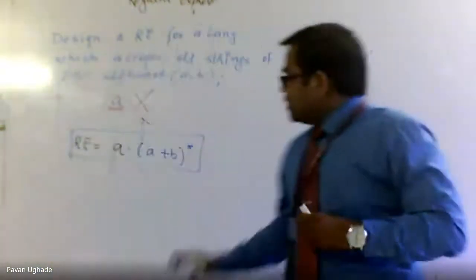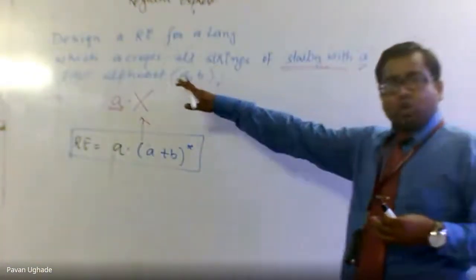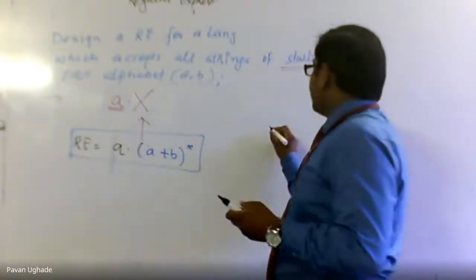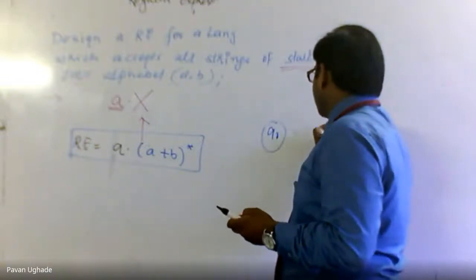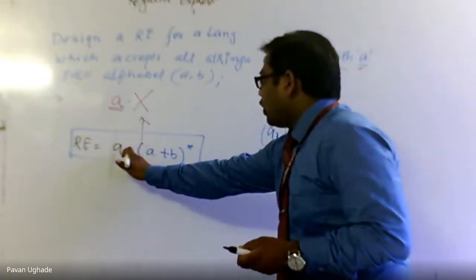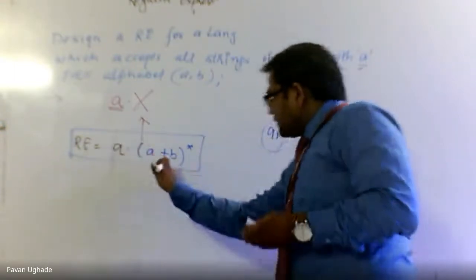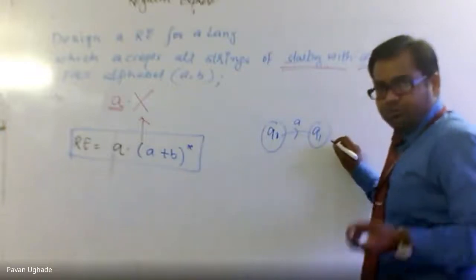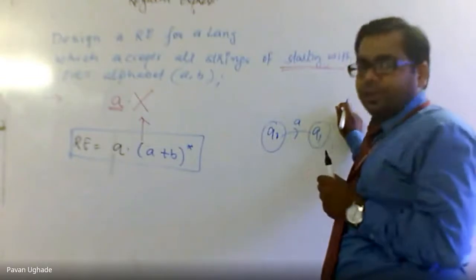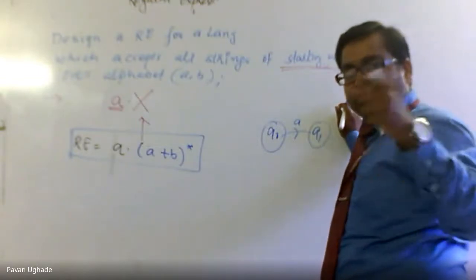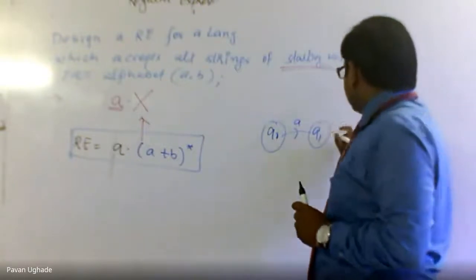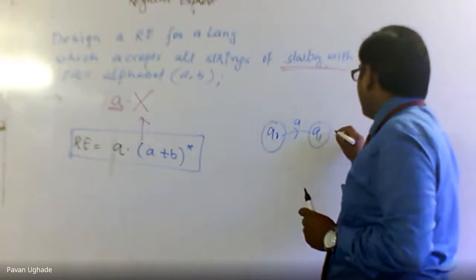For this, you can design an automata. I think we have designed an automata for this in earlier classes. How will you design the automata or NFA? So Q0, Q1 over A, as it is a dot product. It starts, then the next. So it is a serial combination. We know if it is plus, it's parallel. If it is dot, it is going to be serial. I think you have discussed these things in your electrical or electronic subject, serial and parallel paths.